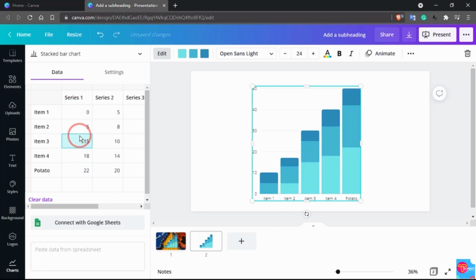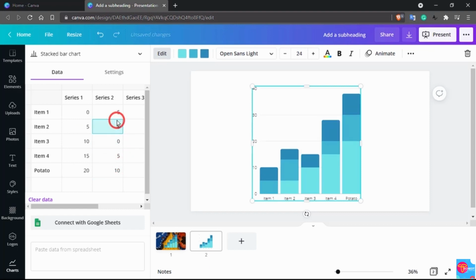You can play with the numbers. So here you can see this is how the charts look, and we can connect this with Google Sheets